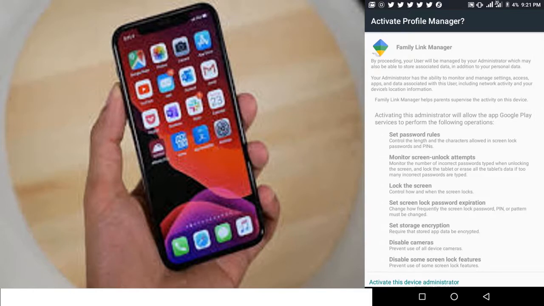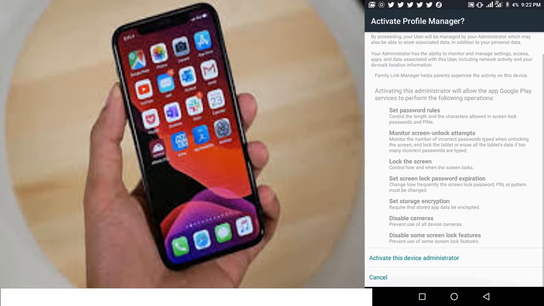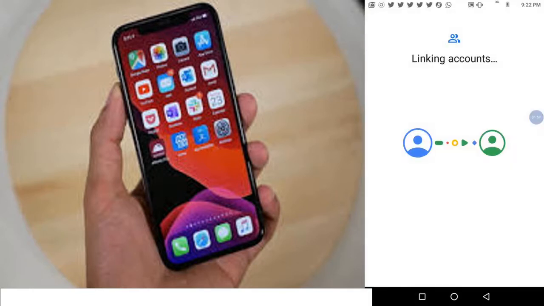All right, now these are additional things that parents can actually access and monitor with their devices. Okay, they can set password rules, monitor screen unlock attempts, lock the screen of their children, set screen lock password expiration, set storage encryption, disable cameras of their children, disable some screen lock features, okay, and many other things that parents can do. So for us to activate this, you have to tap on activate this device manager, and then